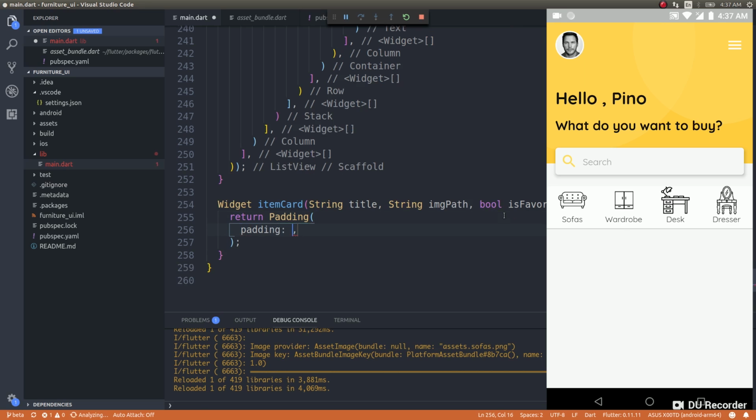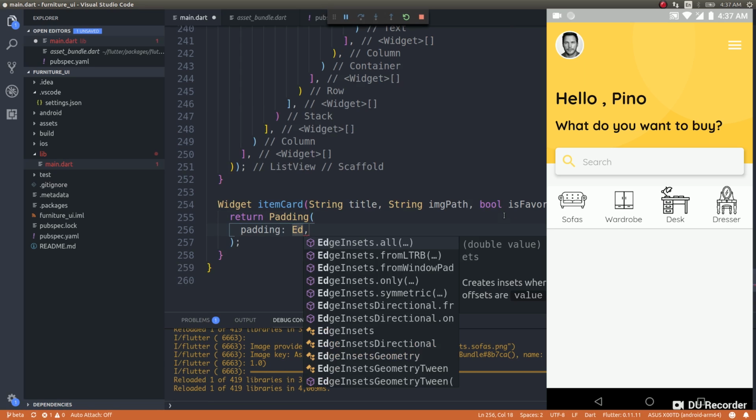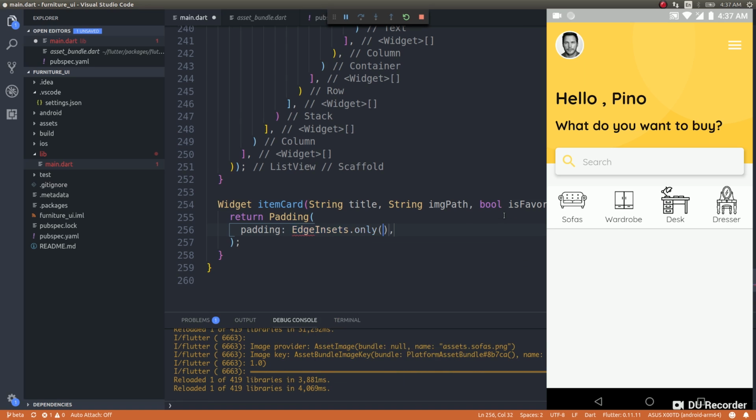Padding, EdgeInsets.only, left 15.0, right 15.0, top 15.0, and child will be a container. This container will have a height of 150.0, width of double.infinity,